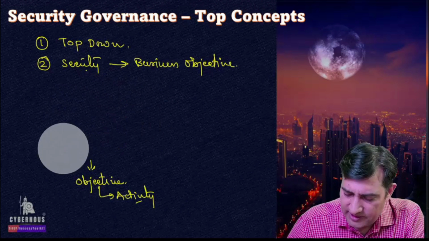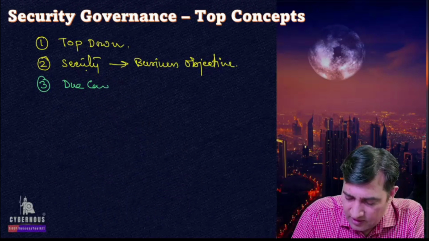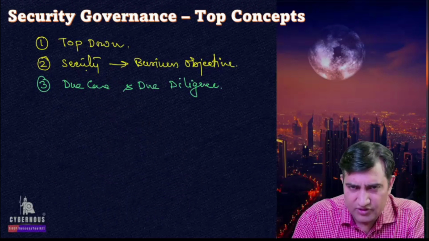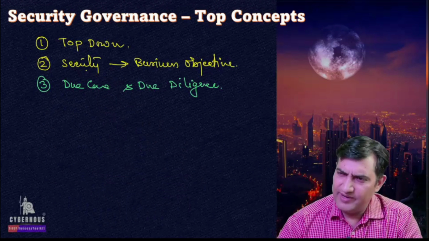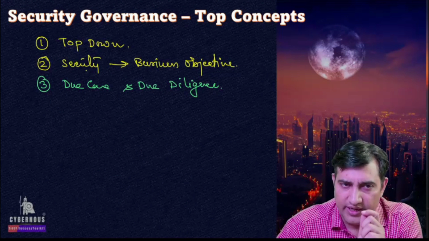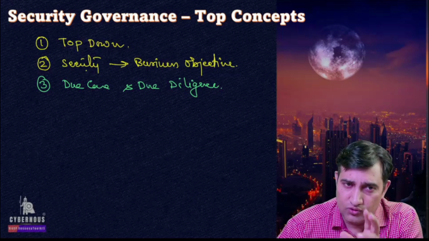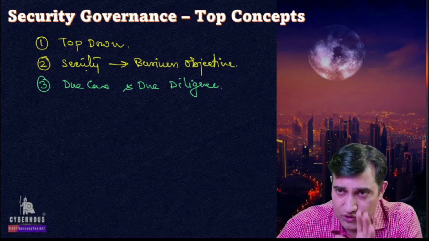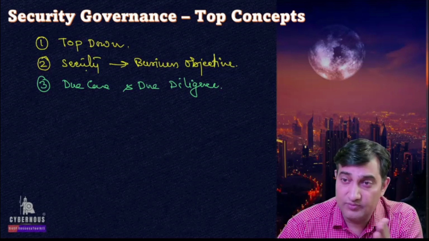Apart from this, this objective also talks about two important terms, which are due care and due diligence, right? Now, many people get stuck between these two terms because there's a lot of confusion on the internet about them. Let me explain in the simplest format. As a mother, it is completely the mother's responsibility, end to end, to take care of the child. So whatever a prudent mother can do, all those actions are called due care. Similarly, as a company, all the prudent actions you are supposed to take come under due care.